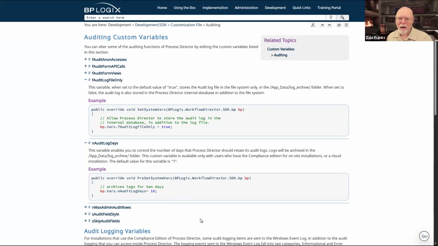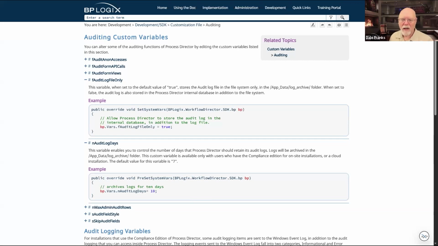Maybe you want to go back a year for some sort of auditing reason. I think that's reasonable as well. Like I said, we have a customer that has 5 years worth of audit logs, so they can go back and reconstruct just about anything that happened, although at the cost of a fairly large database table with millions of rows. But you have that control.